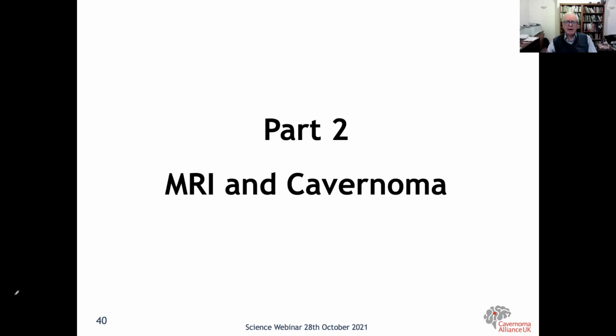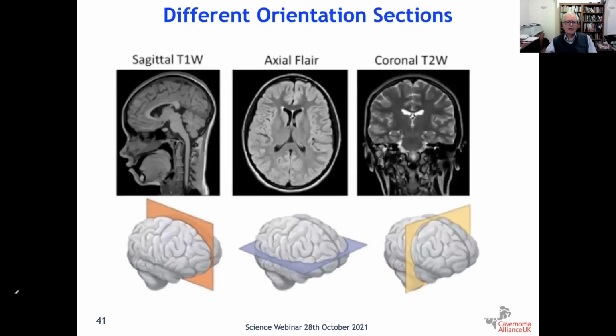Okay, so MRI and Cavernoma. What you get when you have done an MRI scan is an image of the brain in the computer. So here is the brain. It's a three-dimensional image held in the computer of your brain. But you don't look at the three-dimensional image. You look at